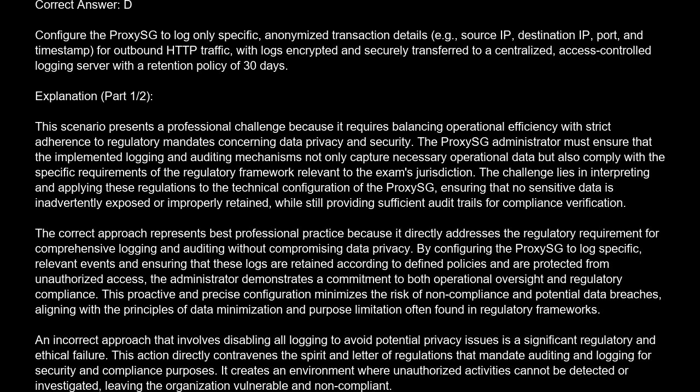The correct approach represents best professional practice because it directly addresses the regulatory requirement for comprehensive logging and auditing without compromising data privacy. By configuring the ProxySG to log specific, relevant events and ensuring that these logs are retained according to defined policies and are protected from unauthorized access, the administrator demonstrates a commitment to both operational oversight and regulatory compliance. This proactive and precise configuration minimizes the risk of non-compliance and potential data breaches, aligning with the principles of data minimization and purpose limitation, often